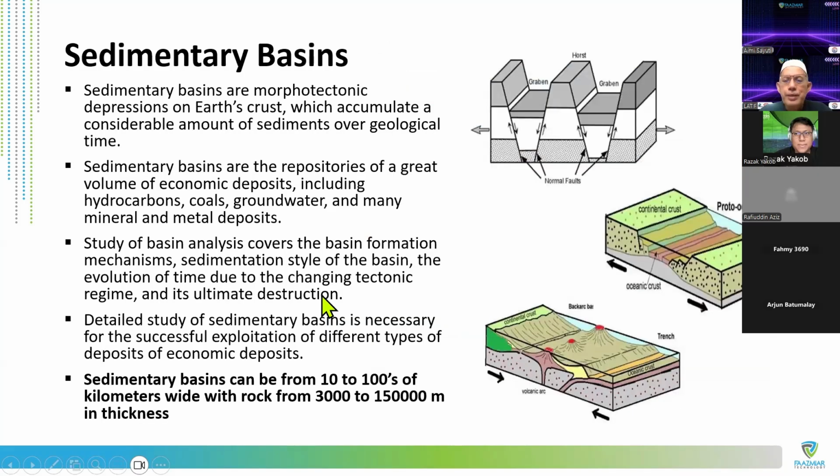Okay, so now basin. This is when we talk about the huge accumulation of sedimentary rock, it becomes a basin. A basin means that it can store up to 500 million barrels of oil, and even if it's gas, it can go to 6 trillion cubic feet of gas. So in other words, the bigger the area for storage, the bigger the possible reserve of the area.